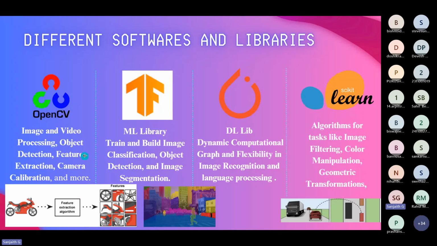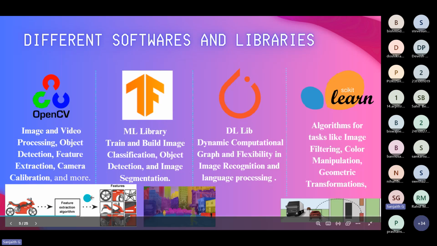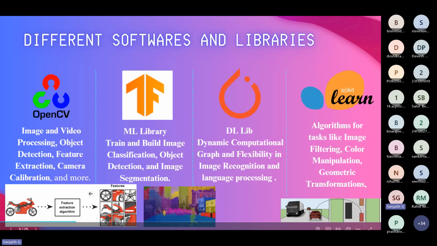And for camera calibration, in the sense for a robot to be able to detect the environment, we should calibrate the camera, like in which angle it is and how it should perceive the object. So for this, we'll be using OpenCV. And if you didn't understand what feature extraction is, if there is a bike, it should be able to detect wheels, handlebar, a shaft or engine, and mirrors. These are the features